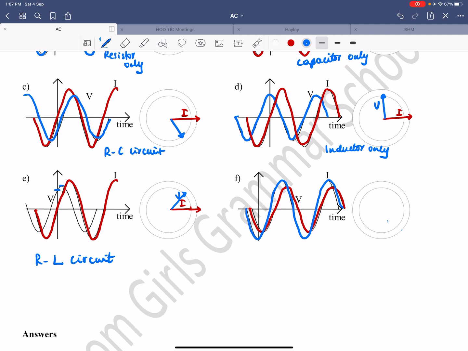Okay, and then the last one here is, so it's not going through 0, but we can still do this. So current is not 0, and it's not a minimum, so maybe current is something like this, and the voltage is a minimum, like that. Now can you see voltage is lagging behind current, and it's less than 90 degrees, so this will have to be a resistor capacitor circuit. Okay, so that's how you do